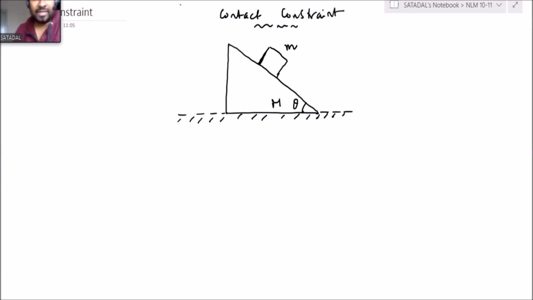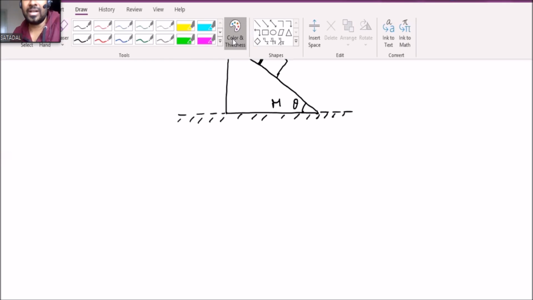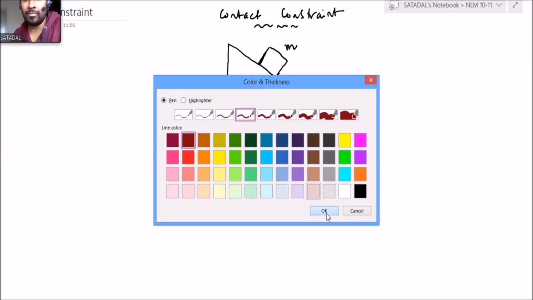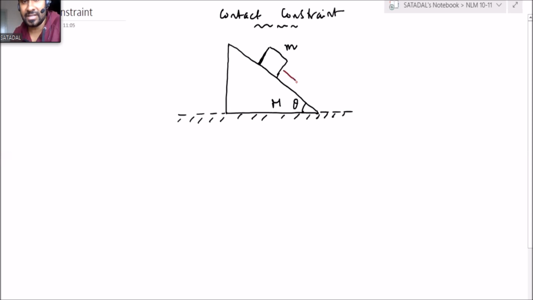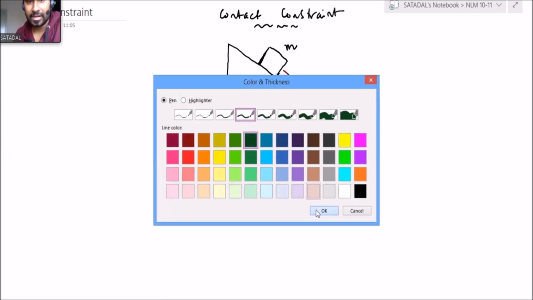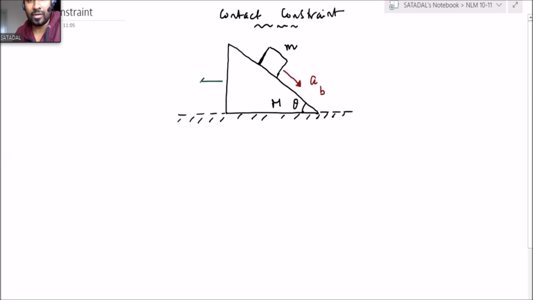So try to understand one thing, that the motion tendency of the block is along the wedge surface in this direction. So there I am writing this as acceleration of the block. And the wedge is eligible to move along the ground, in this direction. This acceleration I am terming to be the acceleration of the wedge. Situation is clear, no? It's a very simplistic kind of approach.